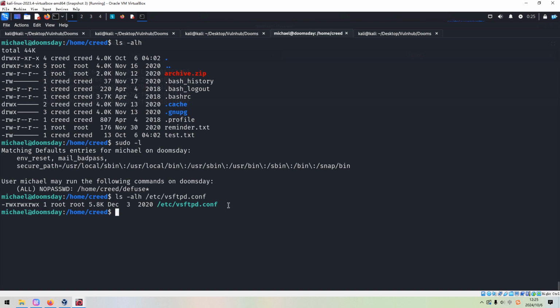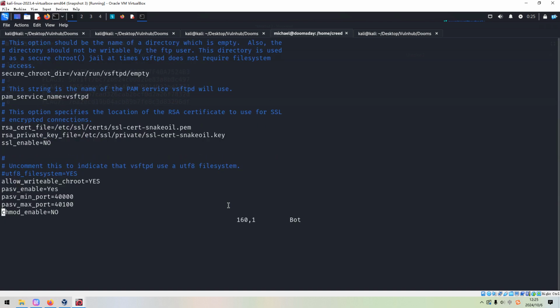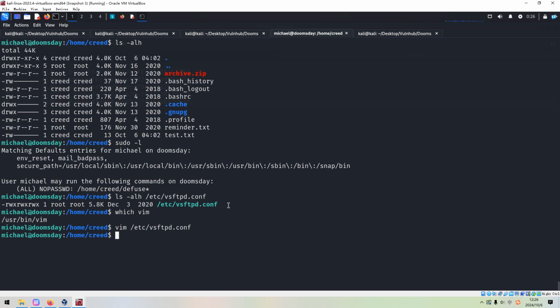We can use Nano or Vim. So how about Vim? Vim is here. And we can change this option, chmod_enable, to yes. And then we can write and quit.